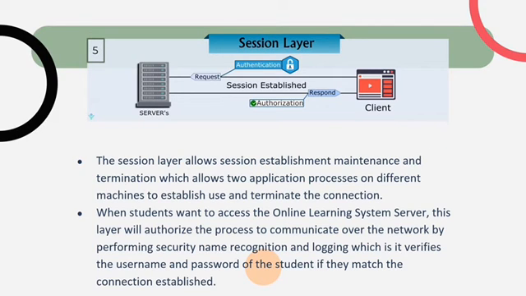And the session layer allows session establishment, maintenance, and termination, which allow two application processes on different machines to establish, use, and terminate the connection. When students want to access the online learning system server, this layer will authorize the process to communicate over the network by performing security name recognition and logging, which verifies the username and password of the student if they